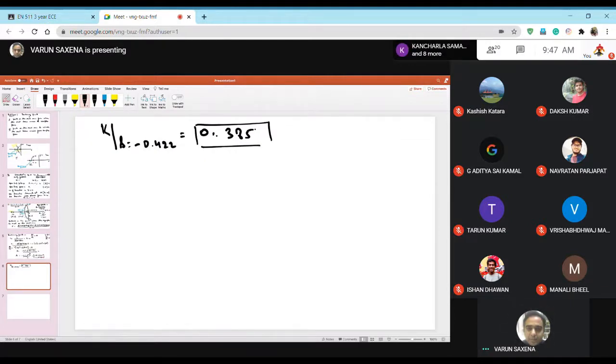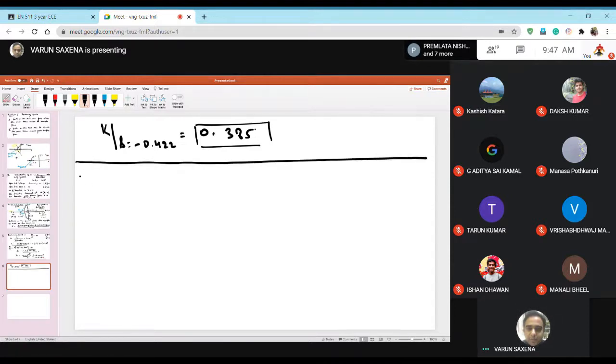Okay. Now, so this was one of the cases for root locus that I wanted to discuss, where you start from the real axis and you move to the complex plane. There is another problem that I want to discuss, which represents case 2. Suppose I say that there is a characteristic equation which is given by 1 plus k times (s plus 2) divided by (s square plus 2s plus 2), okay, equals 0.